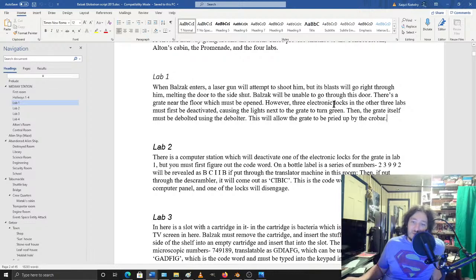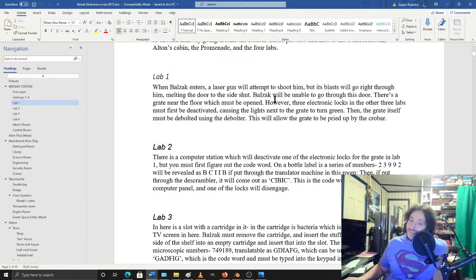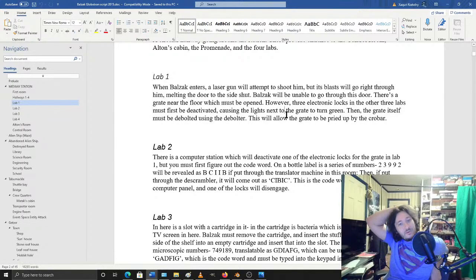However, 3 electronic locks in the other 3 labs must first be deactivated, causing the lights next to the grate to turn green. Oh man, I forgot all about this. Then the grate itself must be debolted using the debolter. Yeah, the debolter you can just find somewhere in the station. I forget where, but